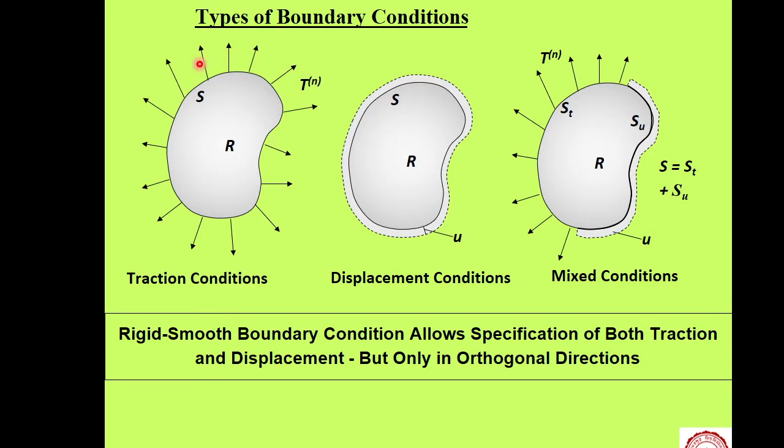So now the boundary conditions might be other than this force boundary condition. This particular problem is a force boundary problem, but it is not necessary that we have to prescribe force at the boundary only. There might be some problem where the prescription of the boundary can be done through displacement field. So this is known as displacement boundary condition, and this one is a mixed boundary condition.